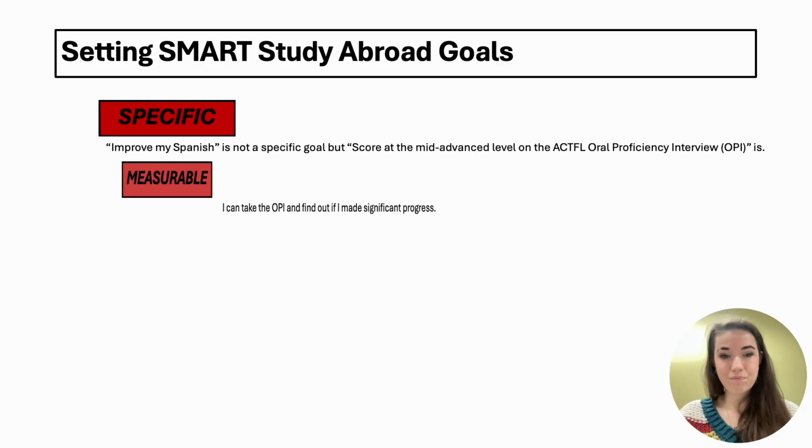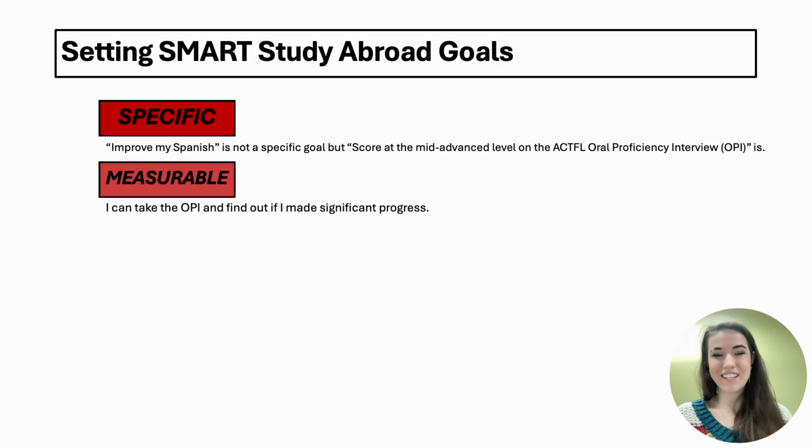That shows that you want to improve it, you want to get to this specific level, and you have a way of proving it. So measurable, kind of building on that, you want to take the OPI and find out how much progress you've made. You want to show that though this goal is here for you and you want to do this specific thing, you have a way of seeing how well you have achieved this goal, how far you've come. So for me, when I went into Paris, I knew the specific level of French that I was at. And by the end, I was taking classes, I was doing this. And by the end, I tested again just on a little website, and I found out that I grew my level.